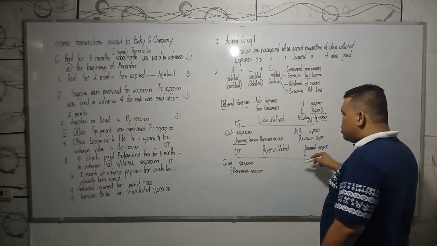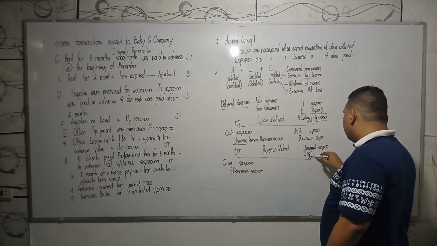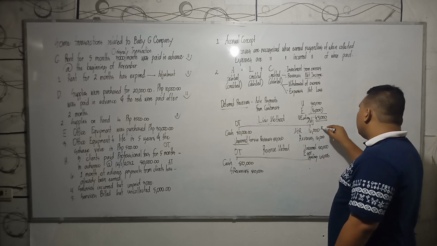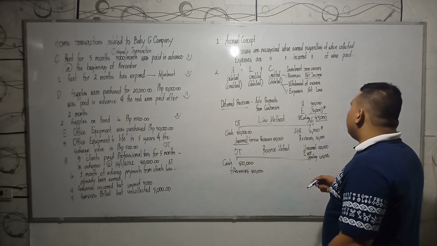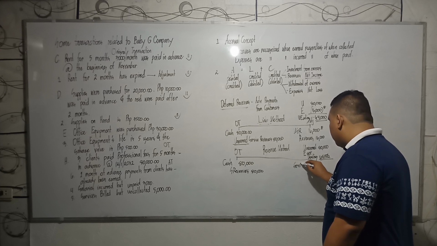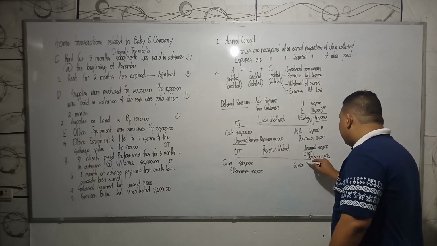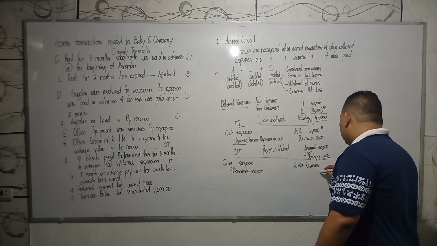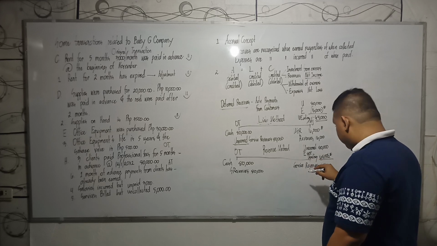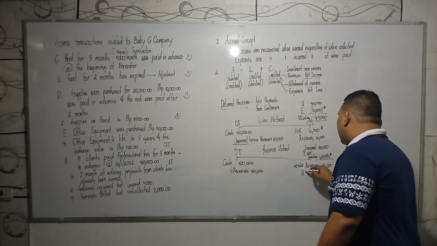The earned, you have recognized immediately as 80,000, but you have to adjust this because the unearned ending should be 64. So if the liability method focuses on the earned portion, the revenue method focuses on the unearned portion, which is the 64. So meaning you have to deduct your service revenues because you did not earn the full 80,000, you only earned the 1 month of it. So service revenues, you have to deduct 64,000. So that's the unearned portion. And then you deduct the service revenues by 64 and you have to establish the unearned